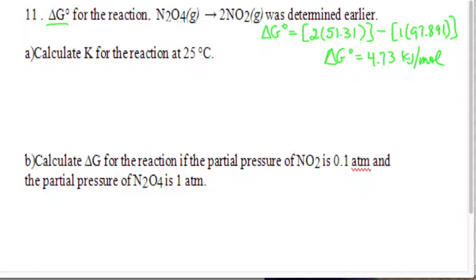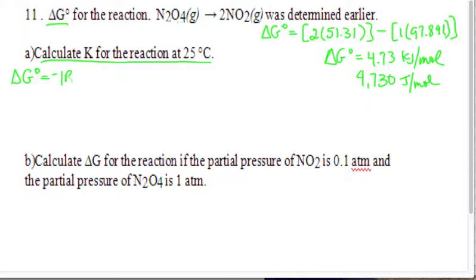So is this reaction spontaneous? No. Currently, it's not spontaneous. It's standard conditions saying it's not spontaneous. So in our next step where we're calculating K, the energy R, 8.31, is in a unit of joules. So we cannot plug this delta G in as it is. Again, we're going to have to convert this to joules. So this would be 4,730 joules per mole. That's what we're going to plug into negative RT ln K,